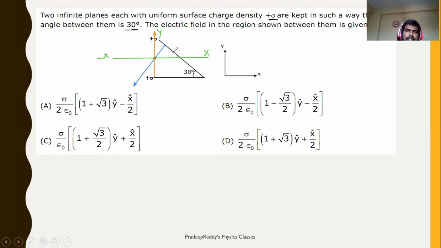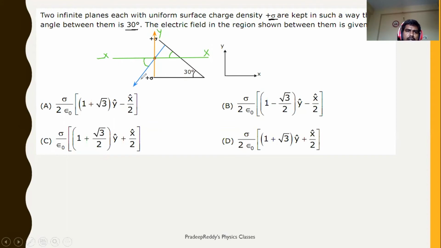Obviously this angle will be 30 degrees. Next, if this angle is 30 degrees, then this angle will be 60, of course. So we don't need that angle. You need to now check this angle,